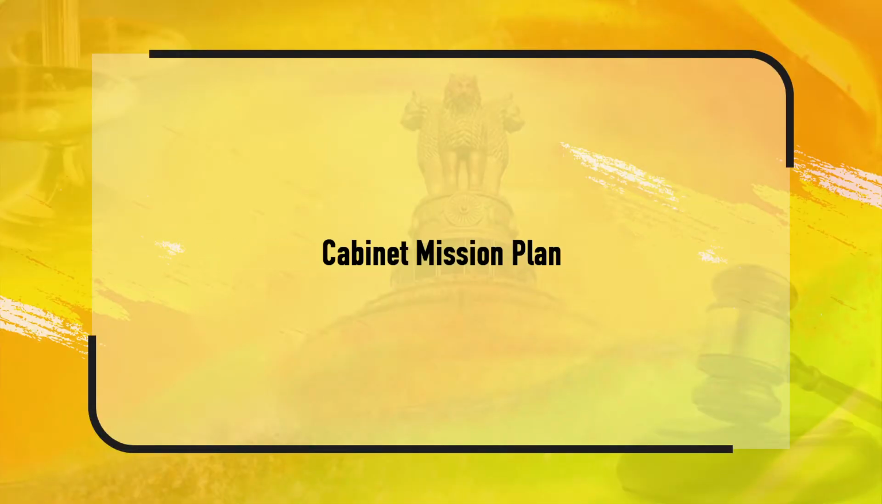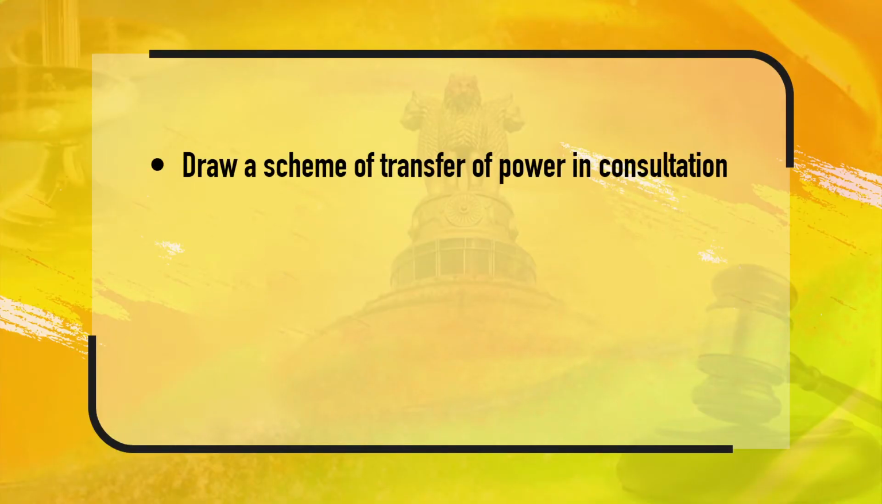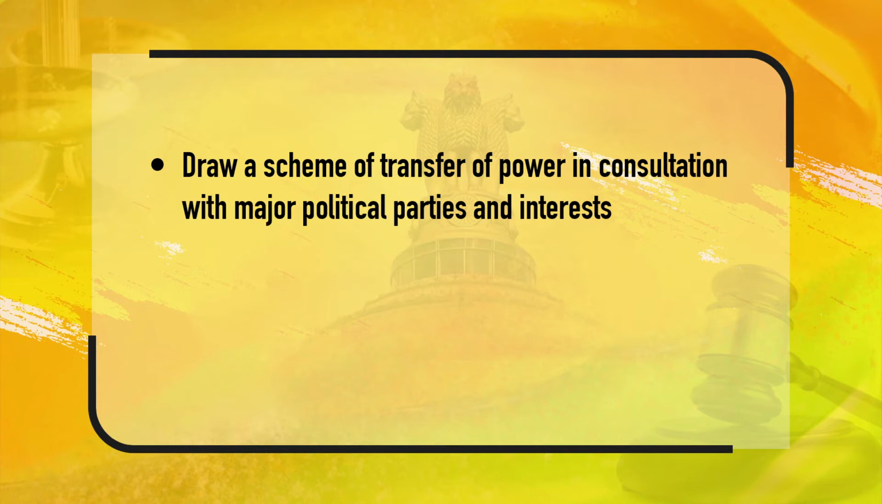However, before transfer of power to India could take place, they sent a mission to India in March 1946, popularly known as the Cabinet Mission Plan. It was a three-member body headed by Sir Stafford Cripps. The other two members were Lord Patrick Lawrence and Mr. Alexander. Its mission was to draw a scheme of transfer of power in consultation with major political parties and interests